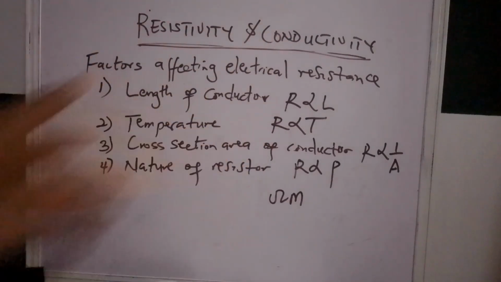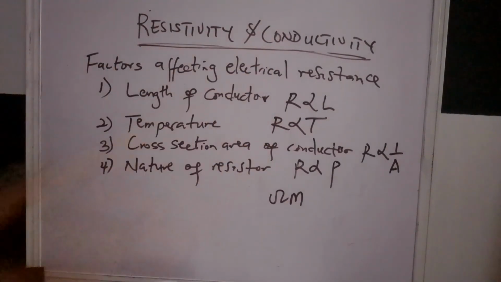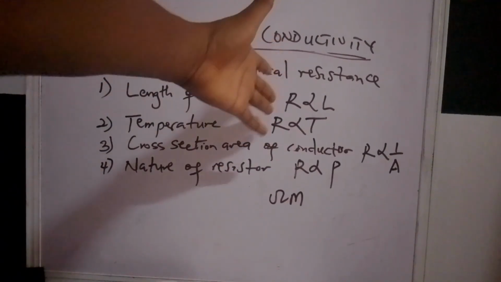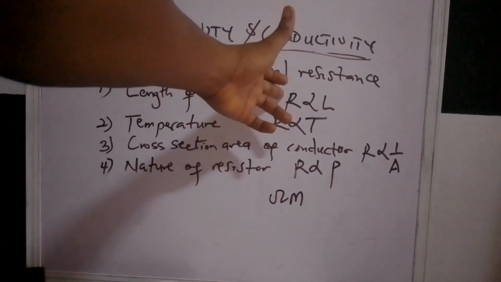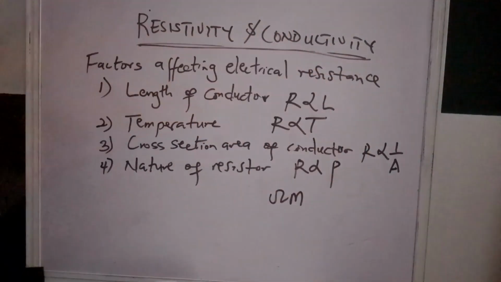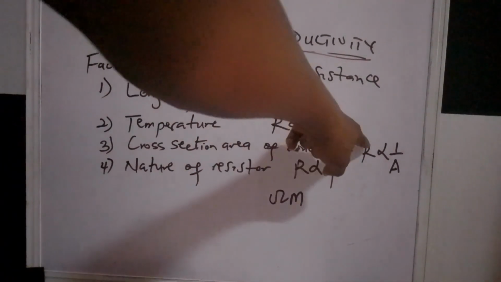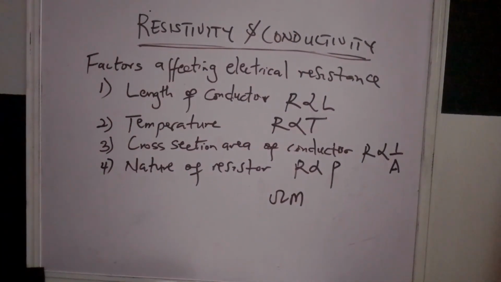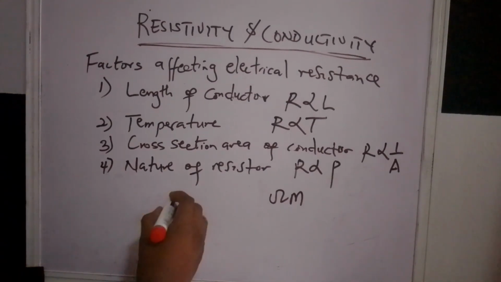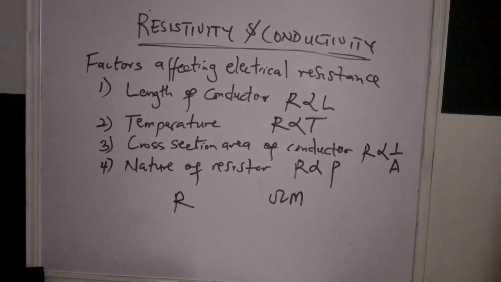We can combine this formula together, or this relationship together, because you can say it's a joint variation. This is first variation, second variation, third, fourth variations. So we can decide to join 1, 3, and 4 together. If we join 1, 3, and 4 together, we are going to arrive at a formula which is going to be R, which is equal to